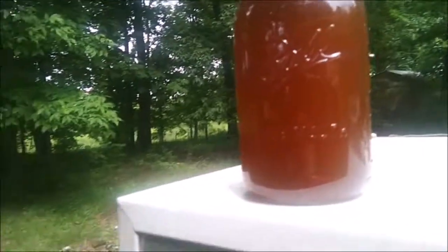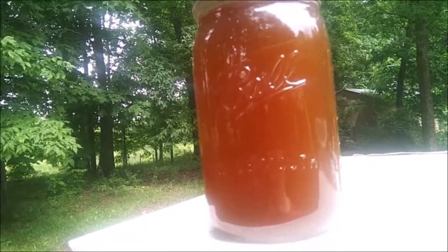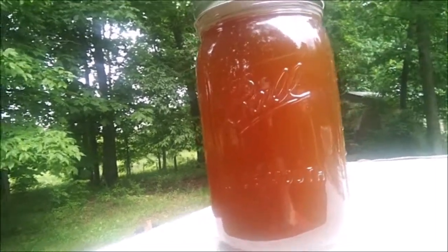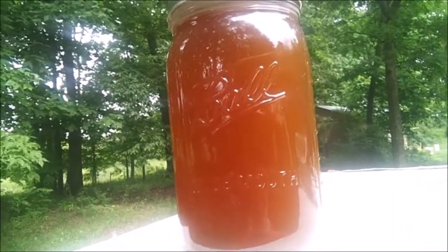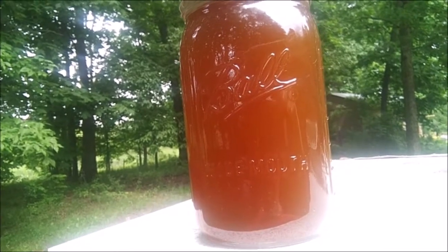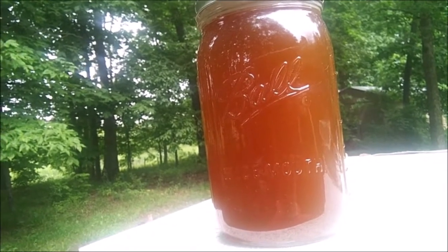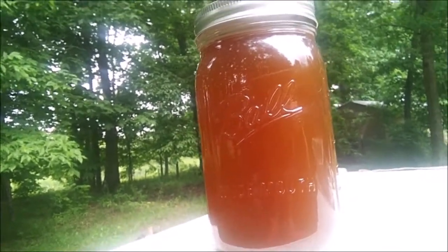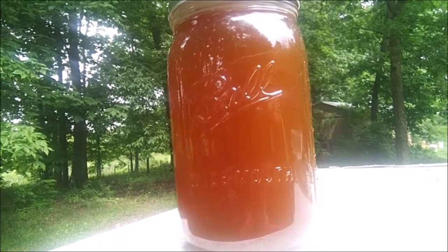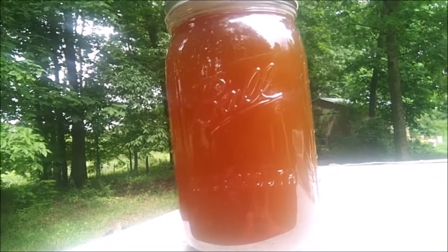We're gonna let them sit in these jars, and it also has a lot of pollen in it. That's a good thing about raw honey, it's really good for you. But I have 14 of these, and then I have a 7-gallon bucket and a 5-gallon bucket, probably halfway filled. So I probably still have 10 gallons, which is 120 pounds, somewhere like that, that are sitting in buckets,